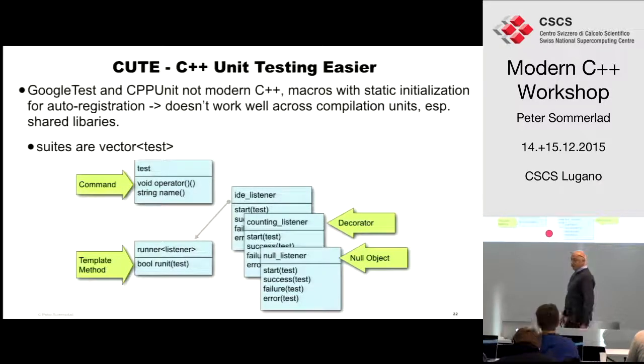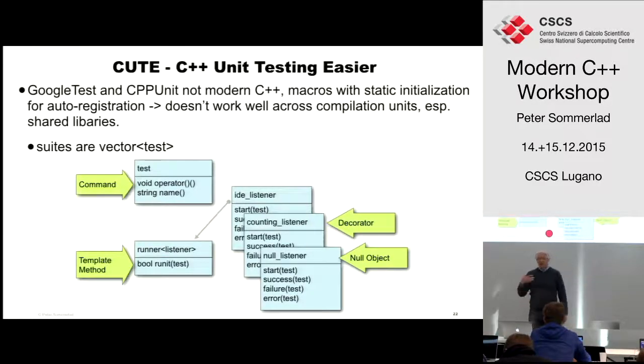If you want to have a look at the source code of the framework, whenever you create a Qt test project, you'll get all the source code. For example, there we have the test class itself. It implements the call operator, and so it's a command object. We have the test runner, which has a run it member function, which is a template method, which calls out to base classes, to the listener object passed in as a template argument.